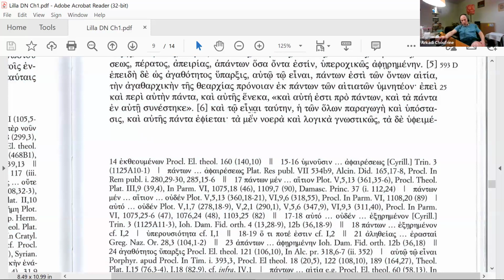So another way to take it, I think, would be to take it adverbially, and then it would be, in virtue of an implied, namely, its being in this way, then it would be, I would say, pronoia is paragogē kai hypostasis tōn holōn. So then